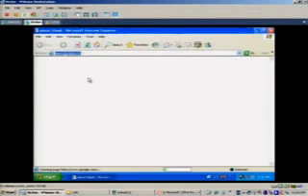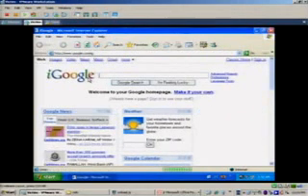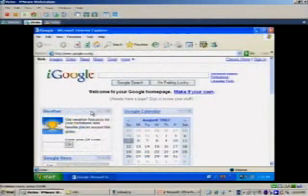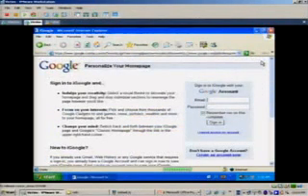Any problem? Oh, here you go. And as you can see, this is the basic stuff. I can move around the widgets, but if I want to save the settings, I must log into my Google account. I'll just do that. DEFCON victim.